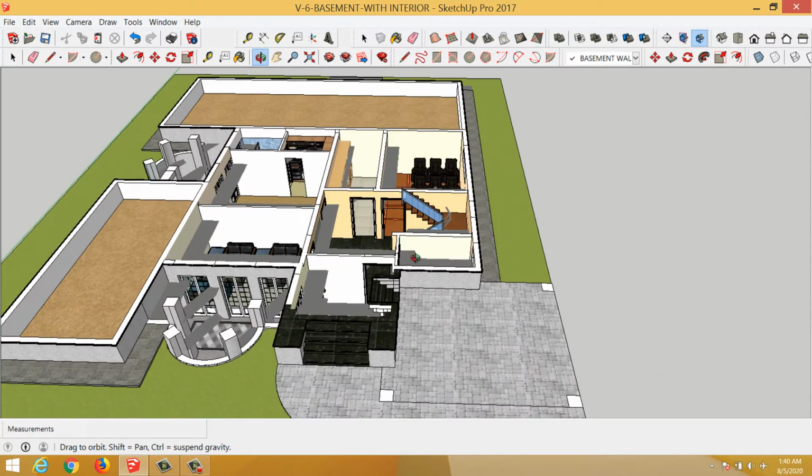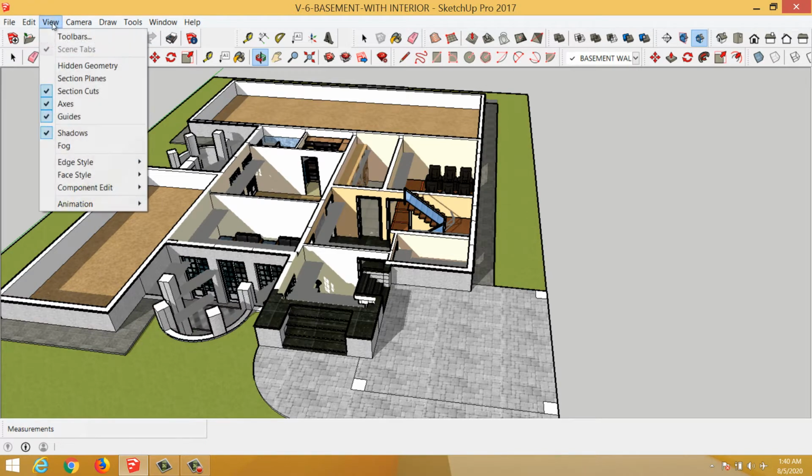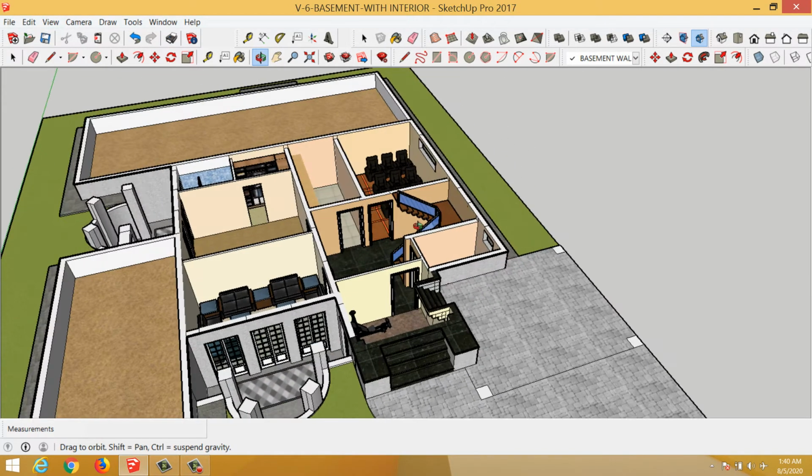The reason for doing this, as a lot of you have asked, is that it's easier for most of us who've been working in AutoCAD to make a 3D, just extrude the walls. And once they're here, it's difficult to put in the furniture in AutoCAD. So that is the reason why I'm using these multiple softwares.